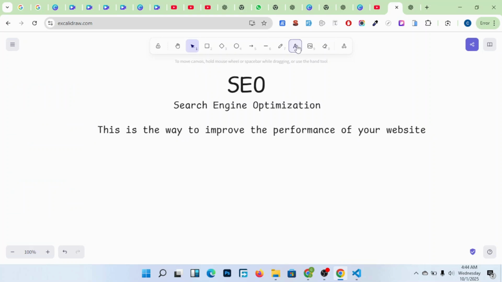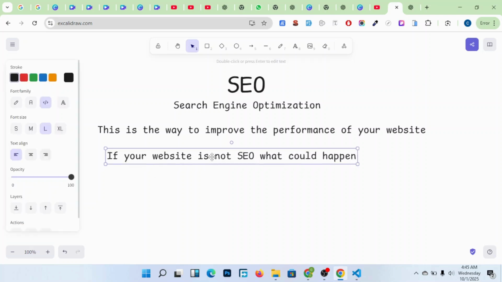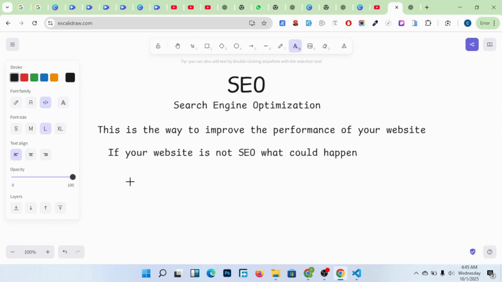For example, when you go on Google, if your website is not SEO, what could happen? It will not rank up in the searches.